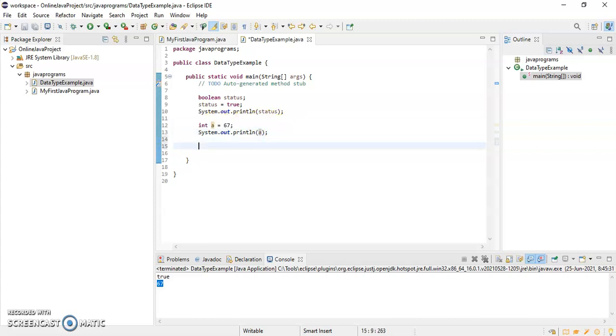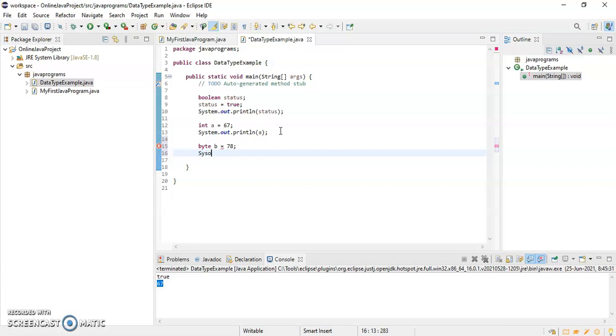Okay. So let's see the data types now. Suppose I have to take byte, say anything like b is equal to 78.